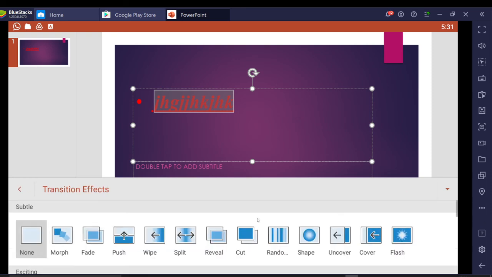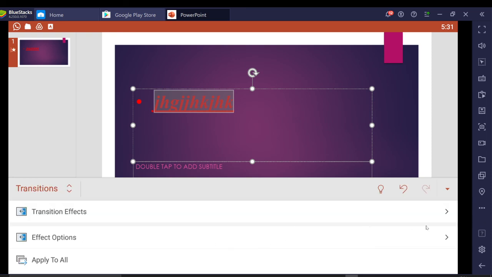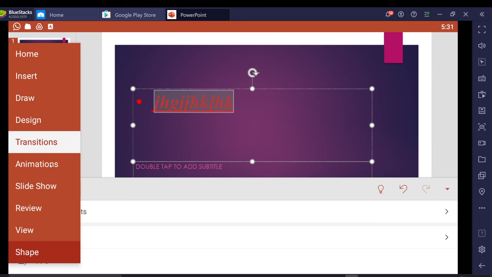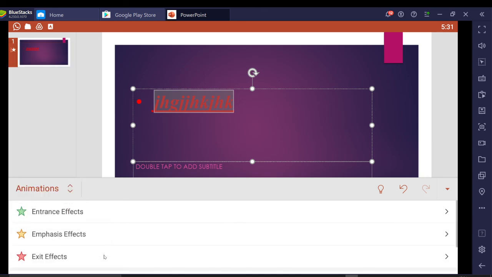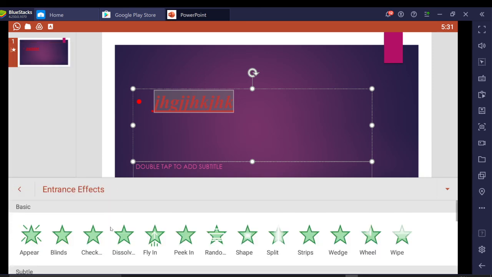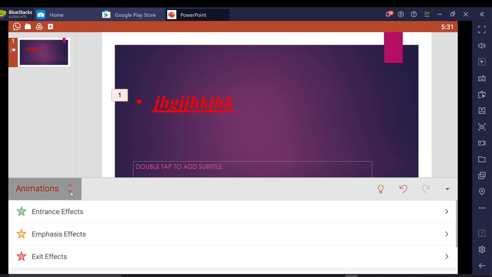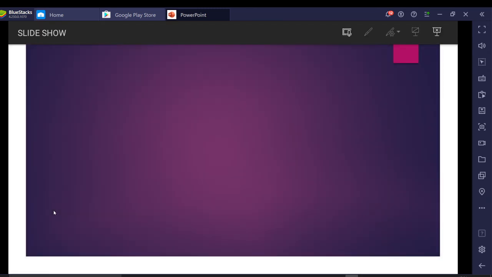Transition effects like split and wipe are also available here. Animations are also there: entrance effect, exit effect, emphasis effect. Then slideshow, as I told from the beginning, will open automatically. So almost all options are available in the mobile app, except equation.